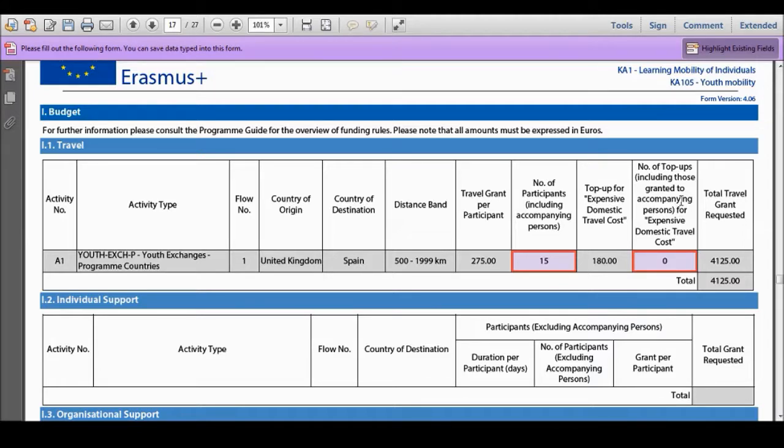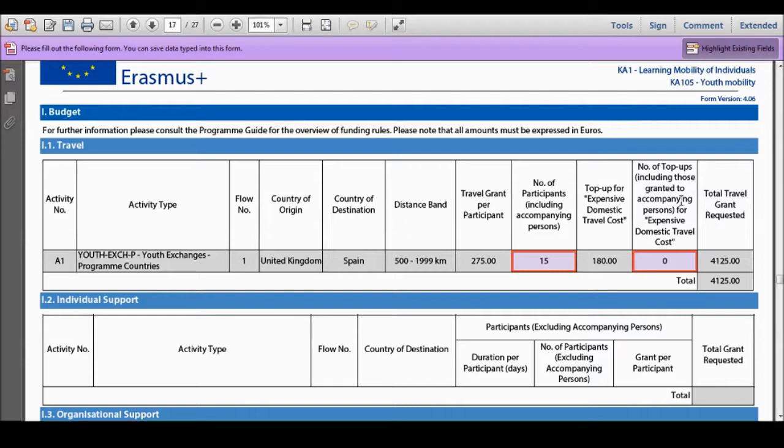Unit costs are used to help make the funding simpler to understand and manage. On the other hand, the actual costs, which we mentioned earlier, means that you will receive funding for how much you actually plan to spend. Actual costs are used for the budget headings, exceptional costs, and special needs support, and can be fully or partially reimbursed. The Erasmus Plus grant is regarded as a contribution to your project costs and may not cover the total